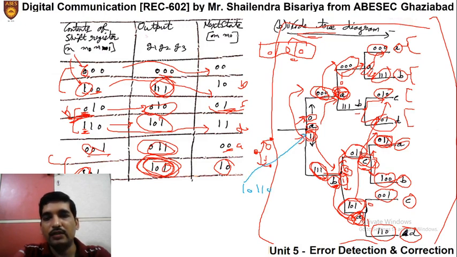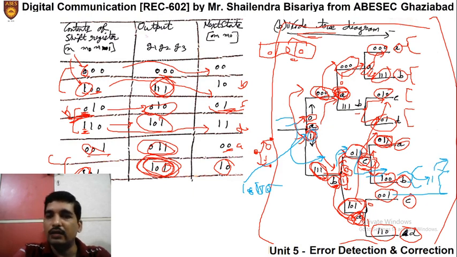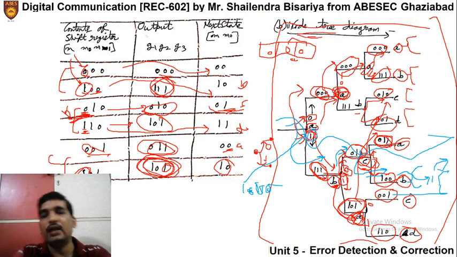First is 1, so from this position it will proceed along this path. Next is 0, so it will proceed along this path. Then next is 1, so from this state it will proceed along this path. Then next is 1 again, so where there are two paths, it will proceed along the downward path towards 1. In the next state, since it is 0, it will proceed along the upward path towards 0. In this manner, the code tree will follow the path as per the given input.